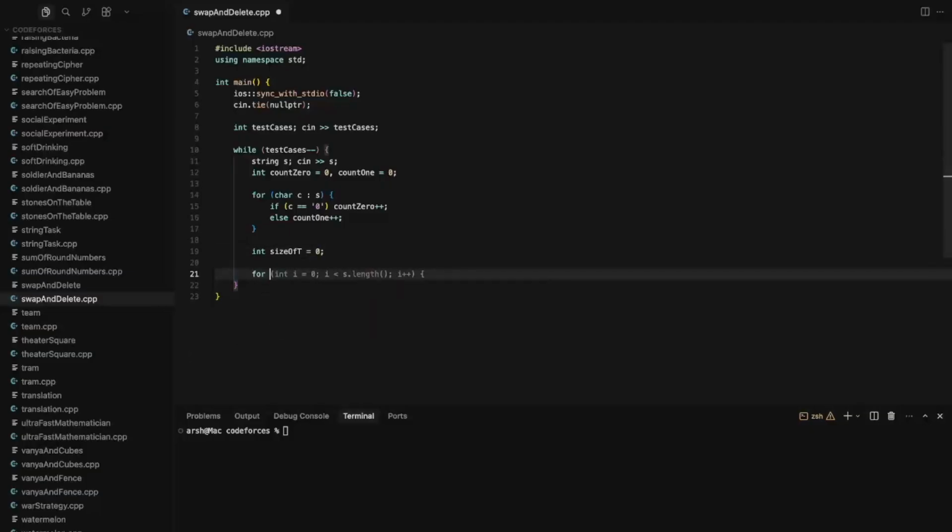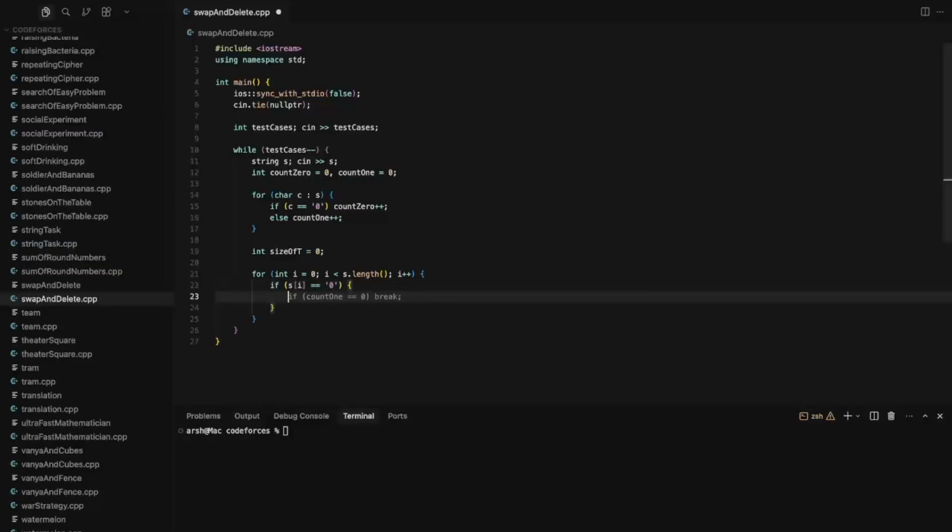And now we'll just iterate through the s string, and whenever we find a 0 in the first string, so if s of i equals a 0,